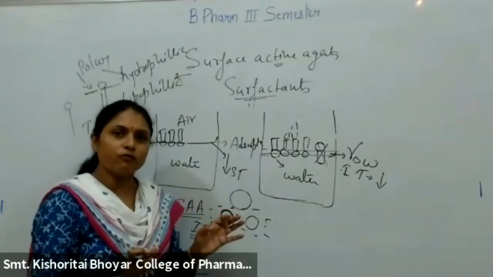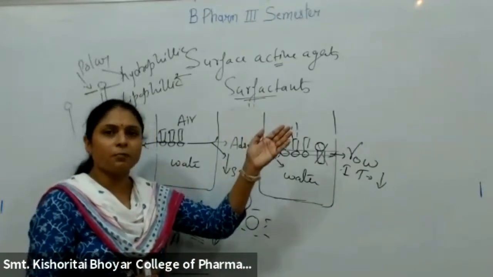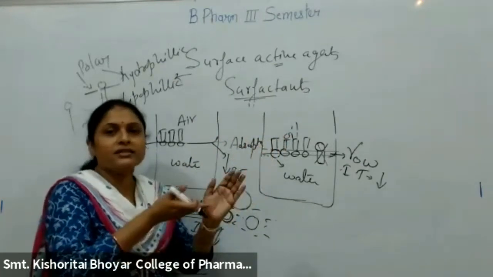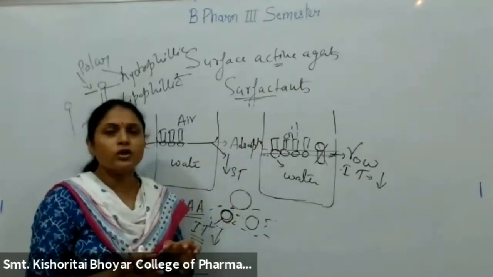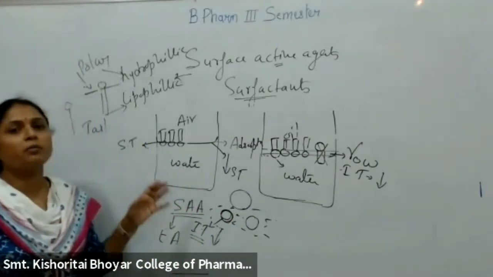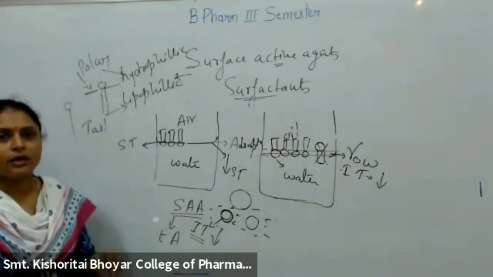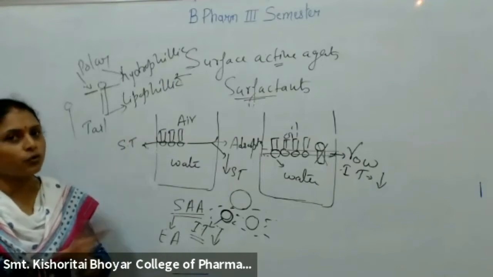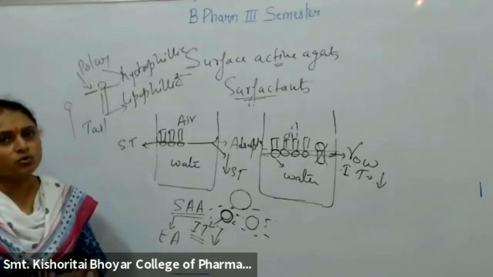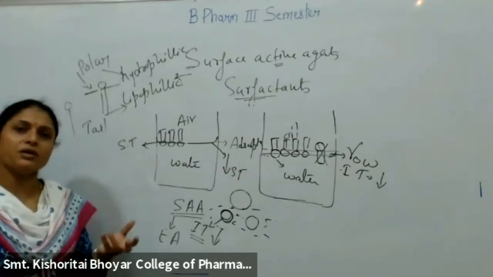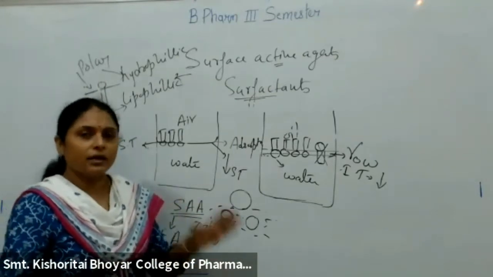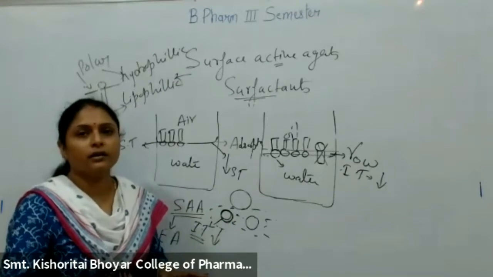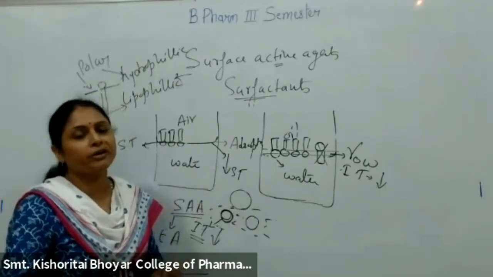So after some time what you will observe, oil is a separate layer and water is a separate layer, and we can see a clear boundary between these two phases. If this is going to happen, definitely we will not be able to prepare emulsion. कितना ही स्टर कर लीजिए, कोई मिक्सर यूज कर लीजिए आप, तो जितने देर आप मिक्स करोगे you will find it कि मिक्स हो रहा है, but if you keep it as it is, it is not going to mix with one another. Definitely it will separate out as two different layers.